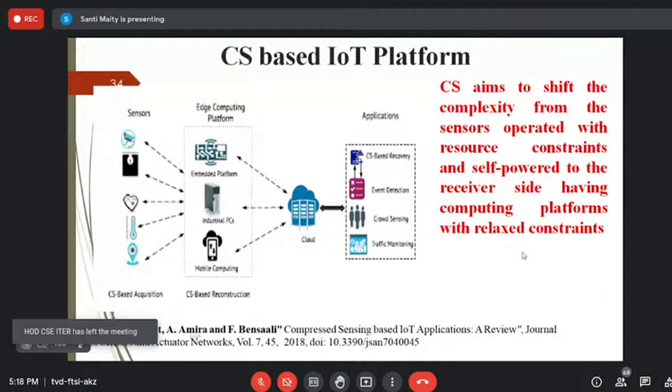As I said, the whole objective of a CS-based IoT platform is to shift the computational and communication burdens to the end where there are enormous computational resources. And this is possible by exploiting two properties. The first property is sparse representation: the physical data can be represented in a sparse space by a suitable representation. And the second is sporadic transmission, meaning all sensors should not be active at all points of time, because